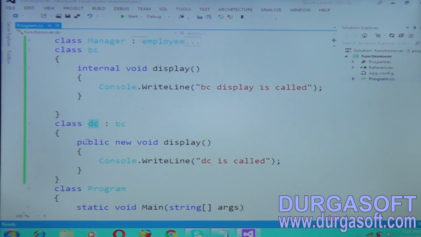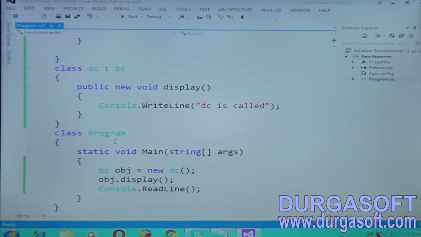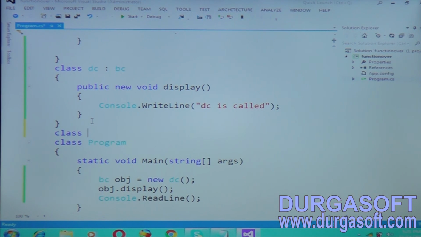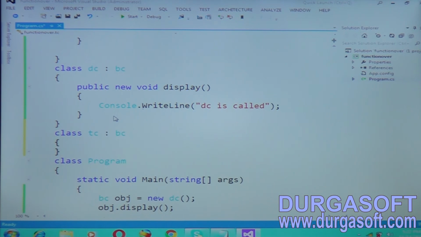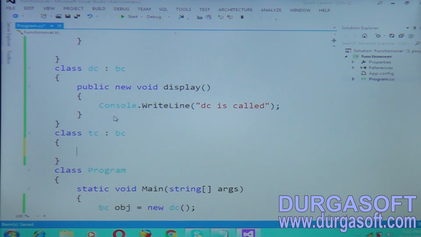And also, whenever we want to give this superclass method, BC being a superclass, to multiple derived classes, like we can give this BC class to another class. For example, there might be another class, class TC, which you can create like this. You can give the BC here. This is called multiple inheritance. Okay, so take a method, like how you will take the method,